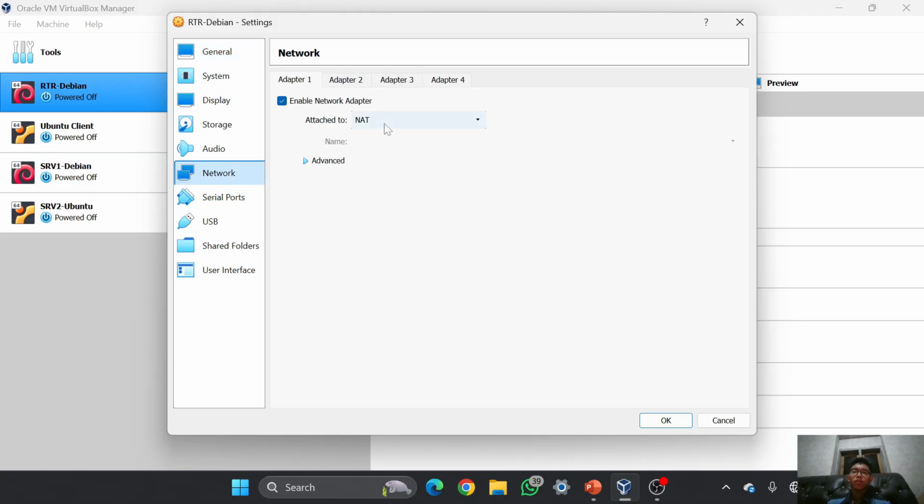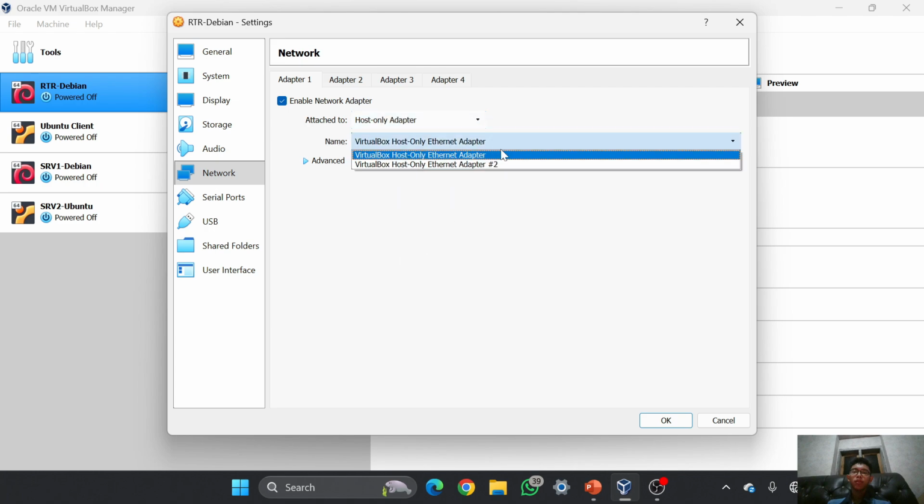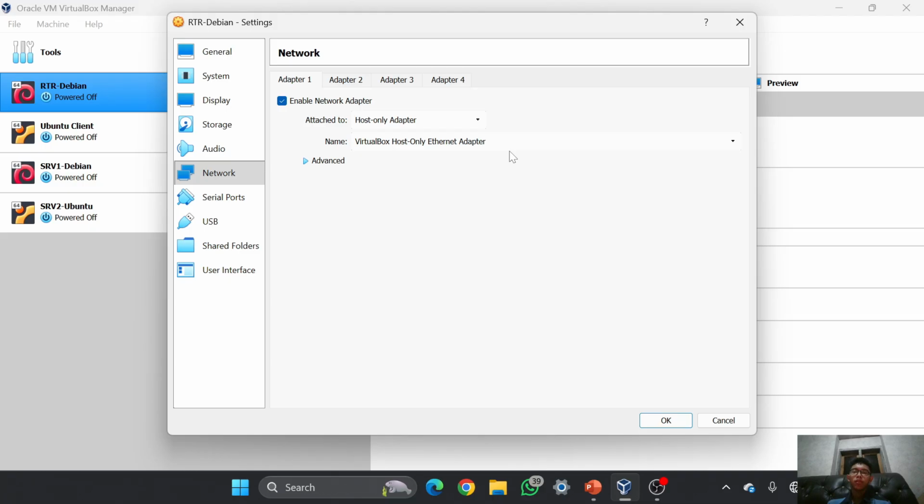For adapter 1, I will connect it to host-only, which will just connect to the host OS, but it will not connect to the internet. And then for adapter 2, I will enable it, and it is attached to the internal network.